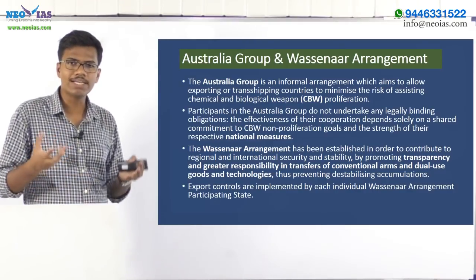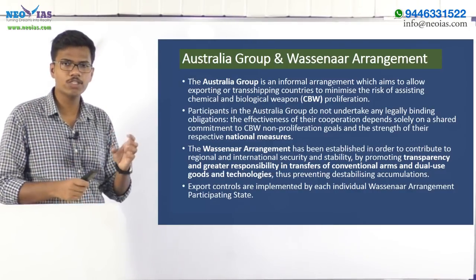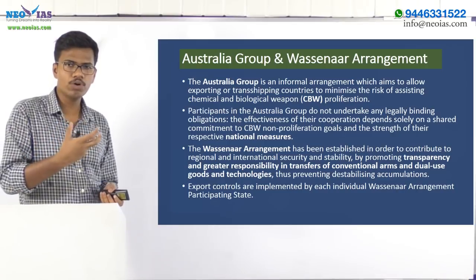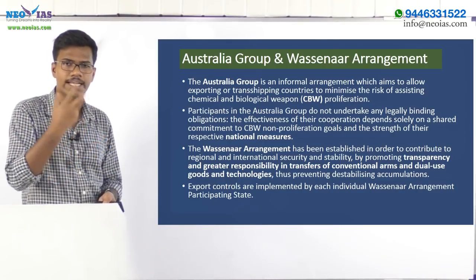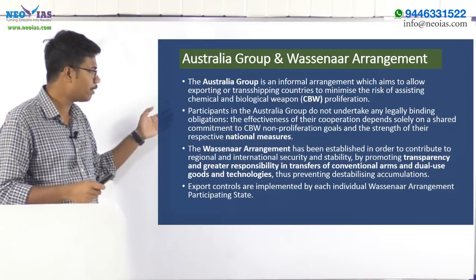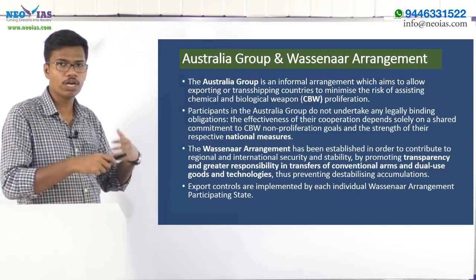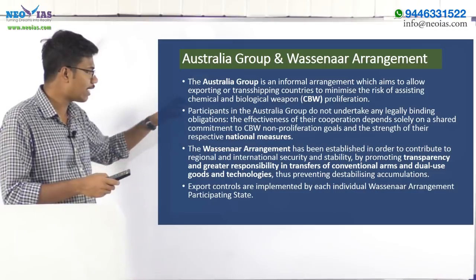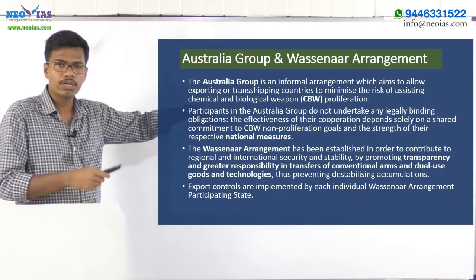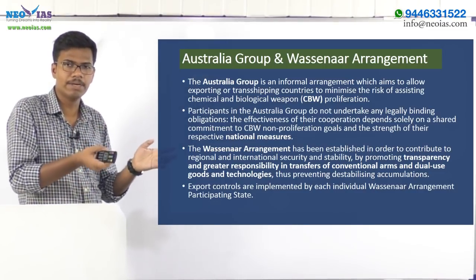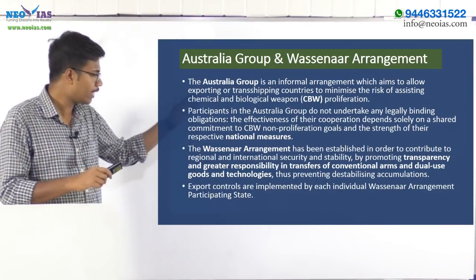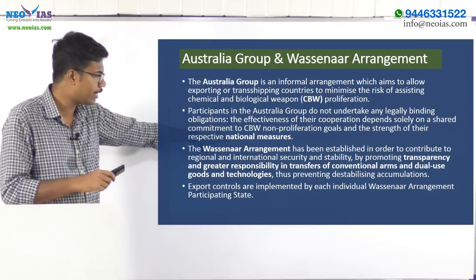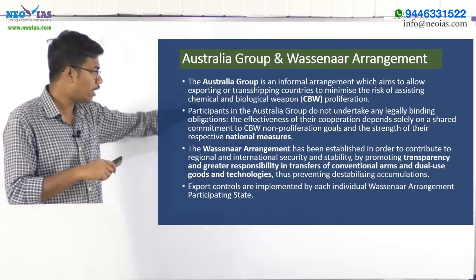Now let us come to the Wassenaar Arrangement. What is the Wassenaar Arrangement all about? Wassenaar Arrangement is about containing the proliferation of conventional arms and dual use goods and technologies. It has been established in order to contribute to regional and international security and stability. So international and regional security and stability is the objective of it. And it aims to achieve that objective by promoting transparency and greater responsibility in transfers of conventional arms and dual-use